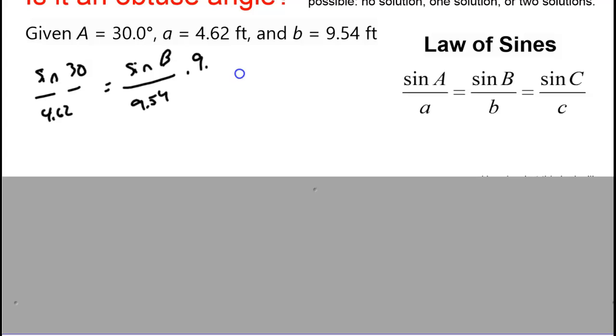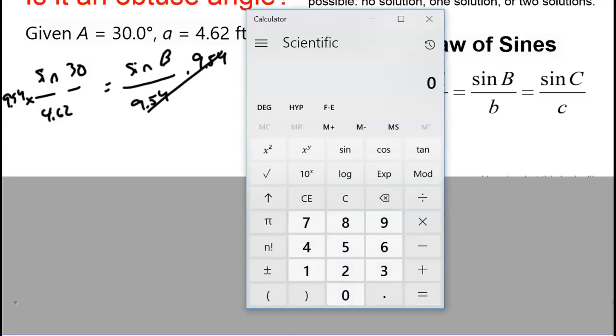Okay, so multiply 9.54 times both sides, and I'll take a look at this. So 9.54 times the sine of 30 divided by 4.62 is 1.03 equals sine B, and hopefully that's sending red flags up to you, because anytime that you have a sine